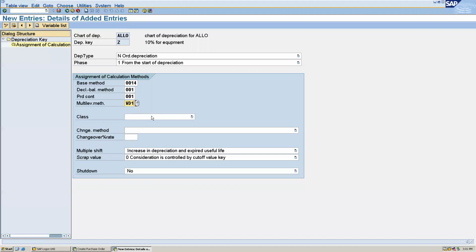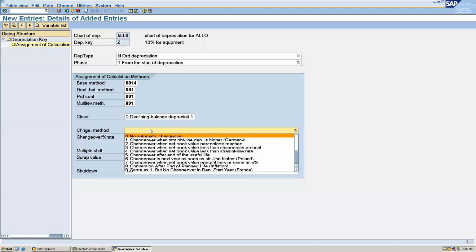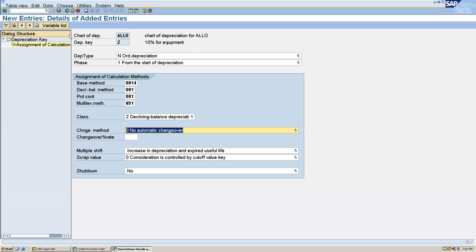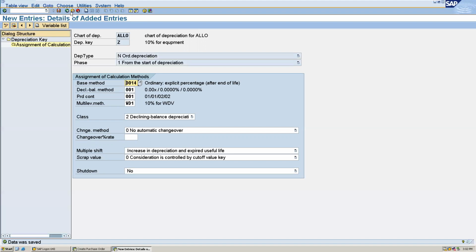And the class we have to maintain is declining balance depreciation. And the change method we have to give is no automatic changeover. Okay. Now we will save this and we have to activate these depreciation keys now.